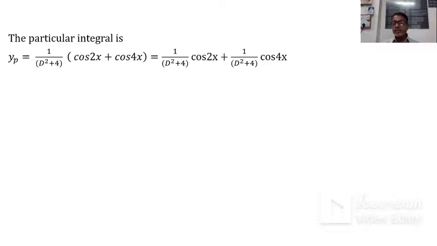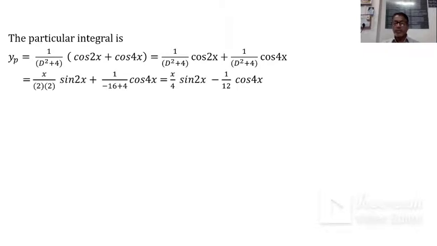And in the second term, here a is 4, therefore its square is 16, minus a square is minus 16. If we substitute D square by minus 16, then the denominator does not vanish. Therefore, we substitute it directly. For the second term, we get cos 4x upon minus 16 plus 4. Therefore, the final answer is yp is equal to x upon 4 sin 2x minus 1